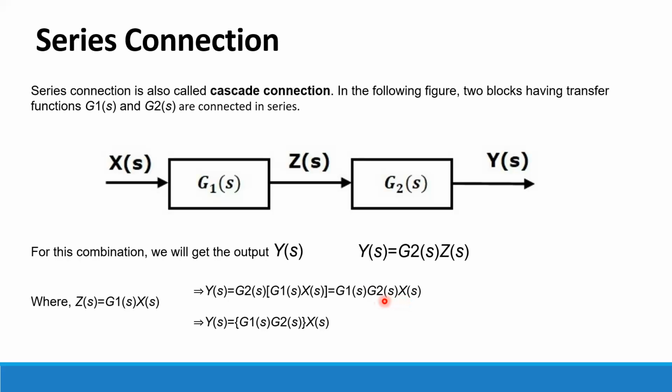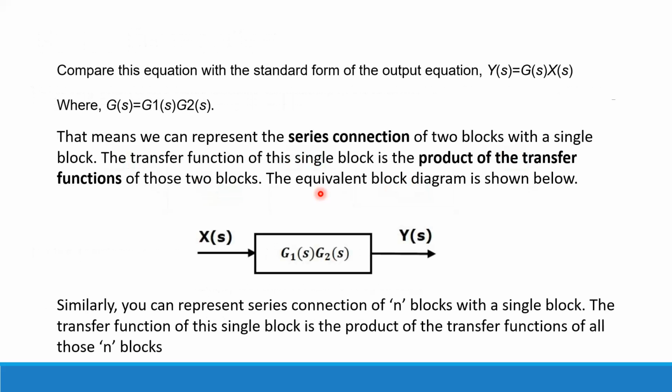Now this is a converted form of your equation. Now let us simplify it more. How the whole gain of the system will be calculated, that we have to do, because we are reducing it. We do not want to do this number of equations, this number of calculations, because there are 2 blocks. It is only 2 blocks now, but there is a possibility of having 4 blocks, 5 blocks, any number of blocks connected with each other in series. So in that case, how to reduce this into a single block?